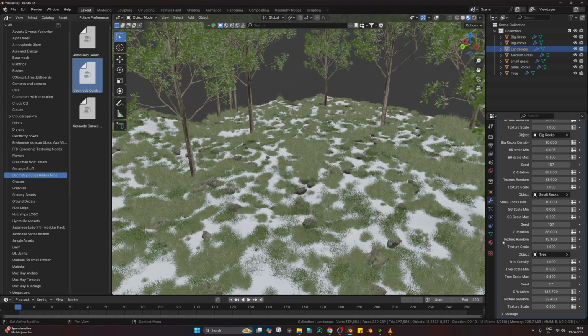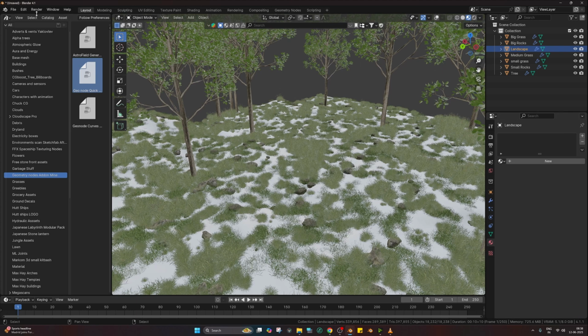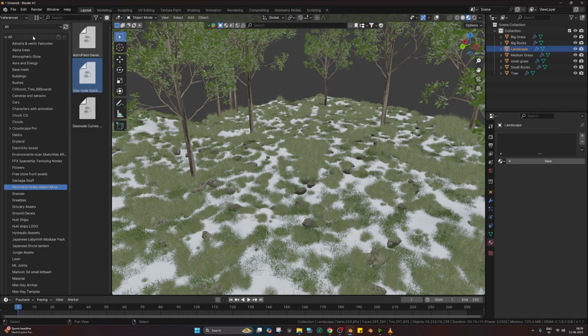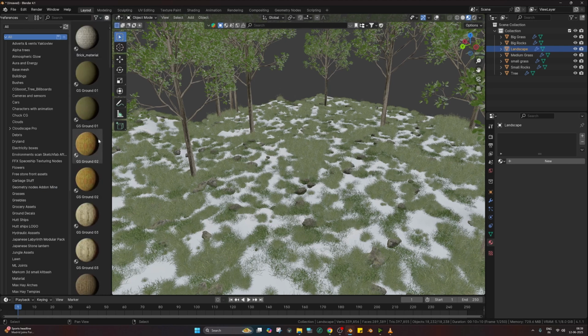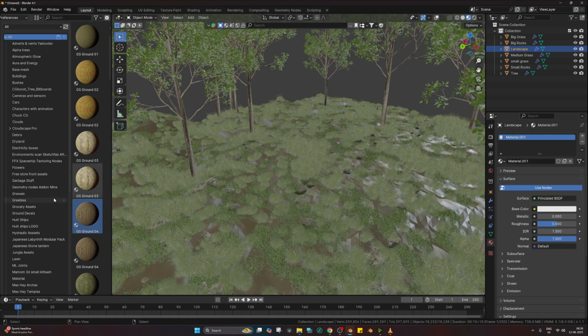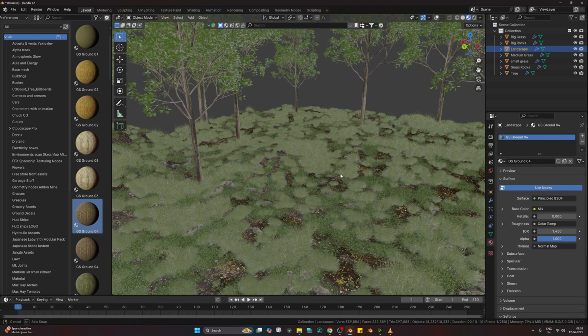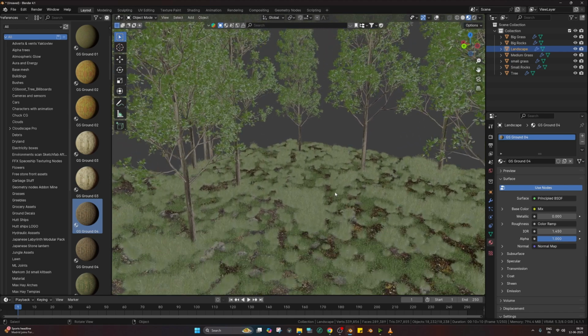On the ground you need to assign the material separately from here, so that's how I'm gonna show you as well. Let's search for a material, and we got some cool material, so I'm gonna add the material over here. For that I need a material, and then I can assign the new material. So that's it. See, it's so simple and easy, and you can quickly create any forest you like,